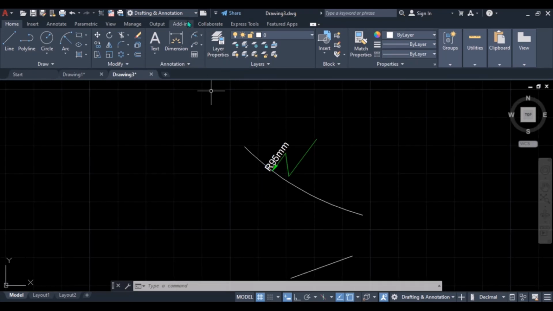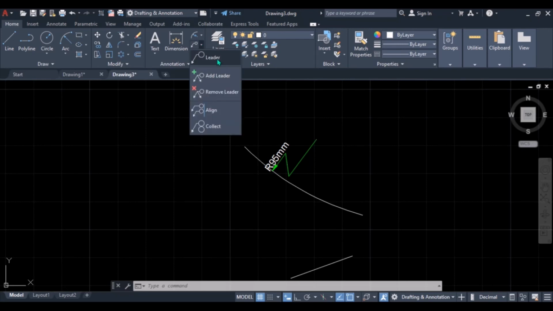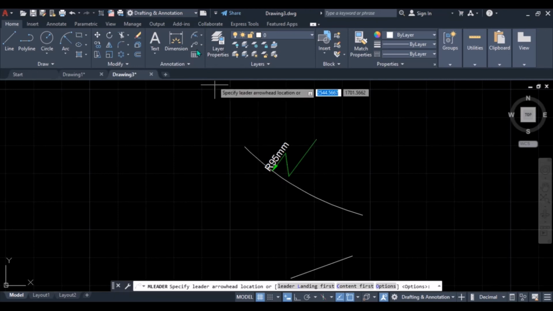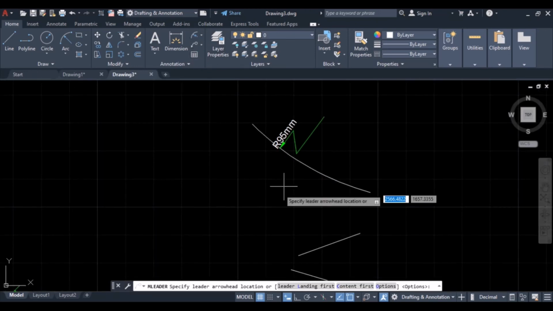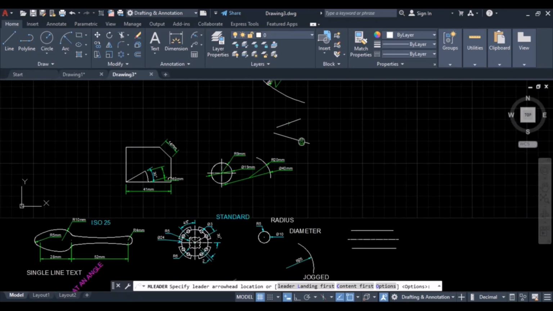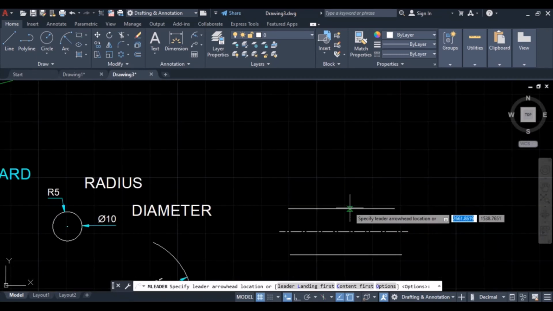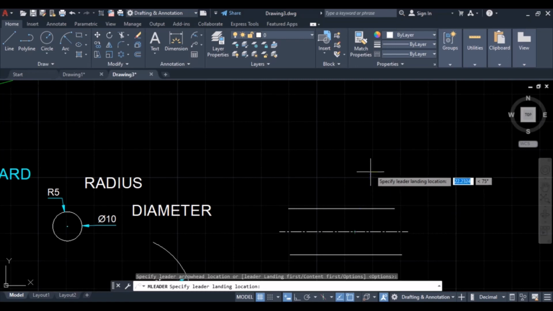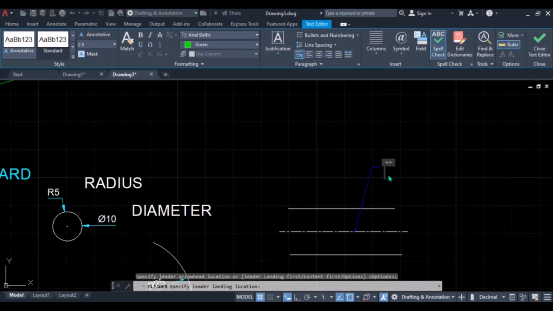Then you can look at the leader line, because we have set everything. Leader line, you can dimension a straight line like this. Then you put your text, you can say this one is center line.